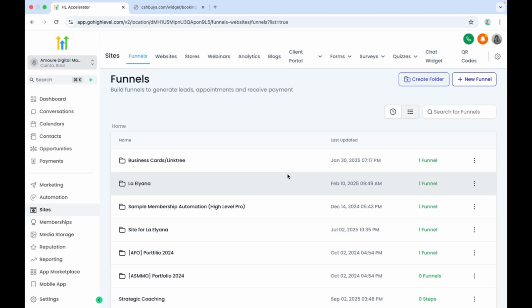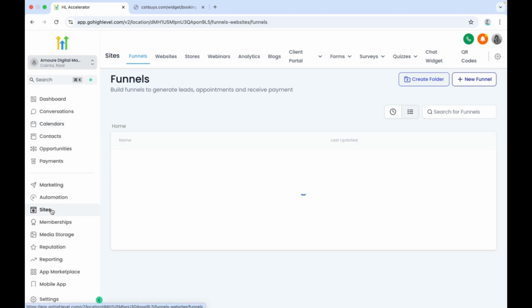Did you know that you can build a lead capture funnel in Go High Level in just under 10 minutes? And this video walkthrough will show you how. So log into your Go High Level account, and then on the left hand side of the screen, click on